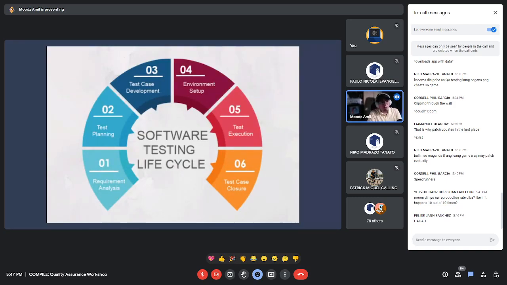Moving onwards, environment setup is where you will be discussing what type of device that you will be using. For example, the website needs to be tested on a PC or a laptop. So dapat meron kayo nun. And then it says it requires testing for all of the major browsers. So Chrome, Firefox, Safari, Edge Chromium, IE11. I don't know if gumagana pa yon. So you have to have all of those, and then it's part of the documentation or the requirement is also